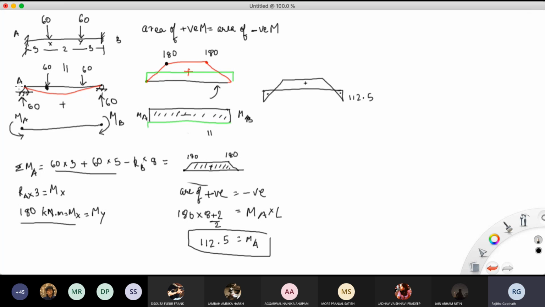So 60 into 3 plus this 60 into 5 minus this 60 into 8, right? So this is minus RB, RB अपने को पता नहीं. Let's say if it is 180 and some other random number, so we wouldn't know that, so we will use minus RB into 8, and that is the way how I will be able to find out what is RA and RB. Correct? So अभी क्योंकि यहाँ पे the total load that is acting on the beam is symmetrical, it is equal to each other. I know very clearly that this is going to